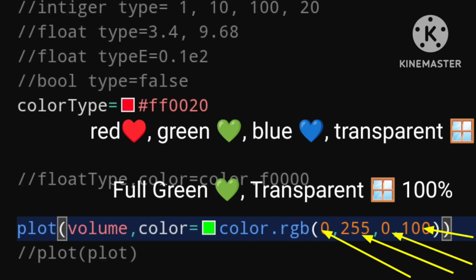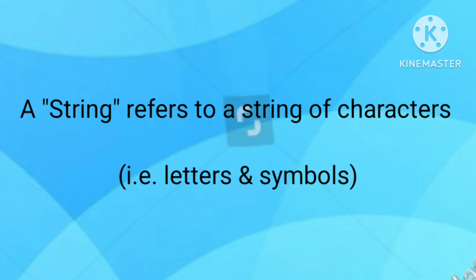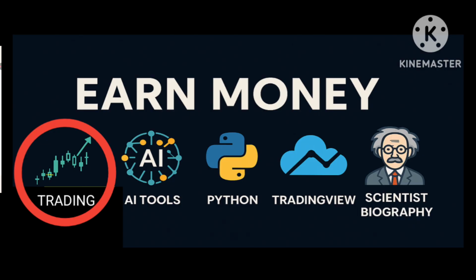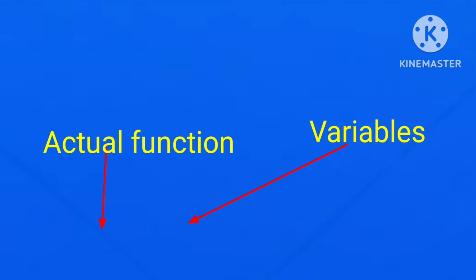The next data type we have to work with that you will commonly use in your scripts, not all scripts, but some scripts, will be the string data type. So this will be a string type equals text. So string is just what programmers call text, and in order to define it, we need to put two quotation marks on either side of our text. The reason why we do that is if we just say text here, then PineScript does not know the difference between this and an actual function or variable in our script.